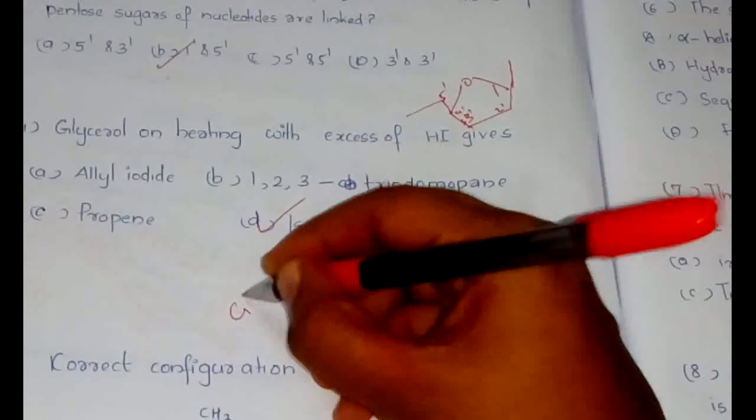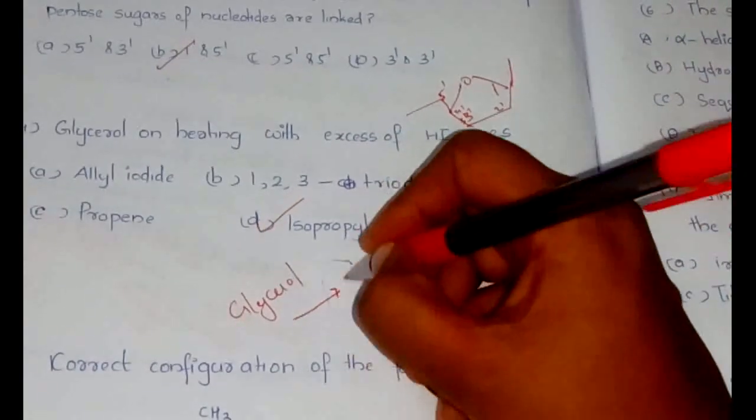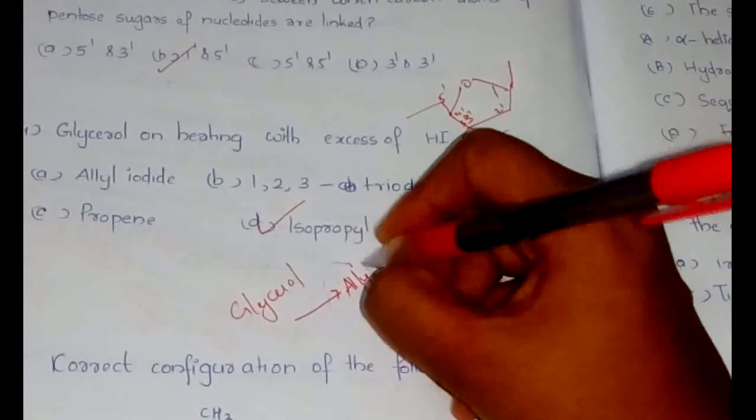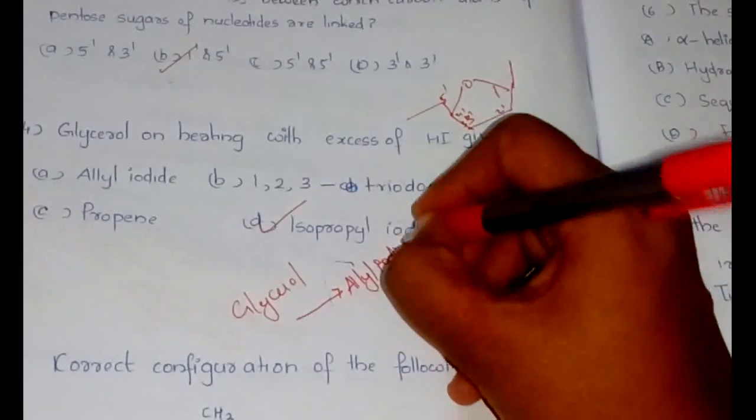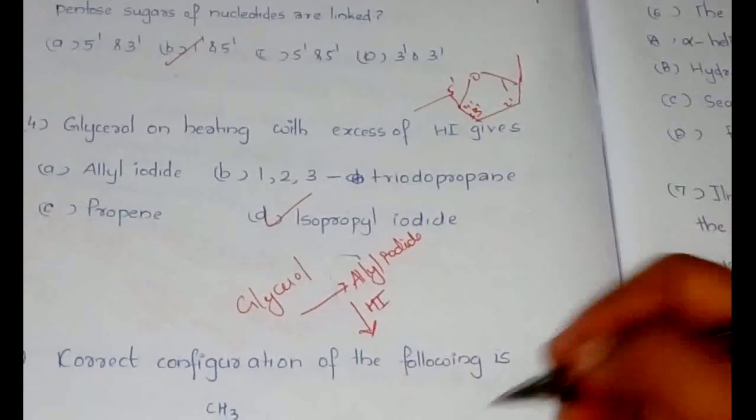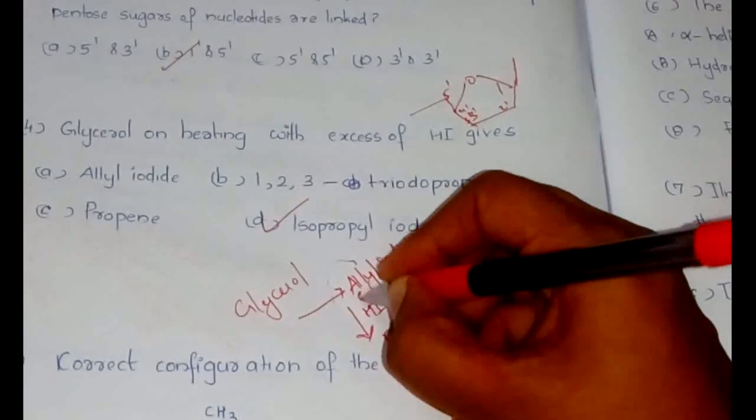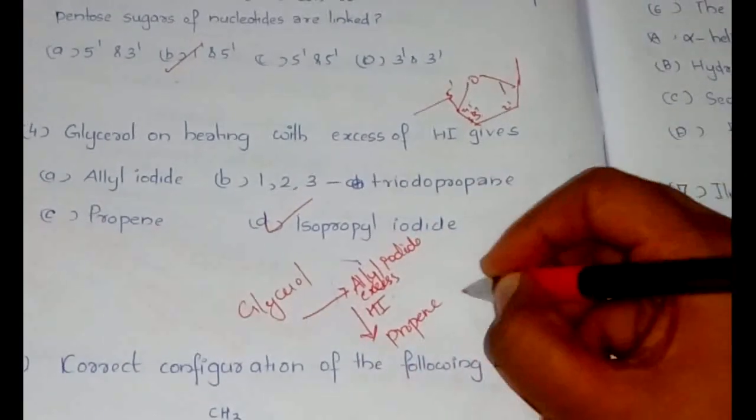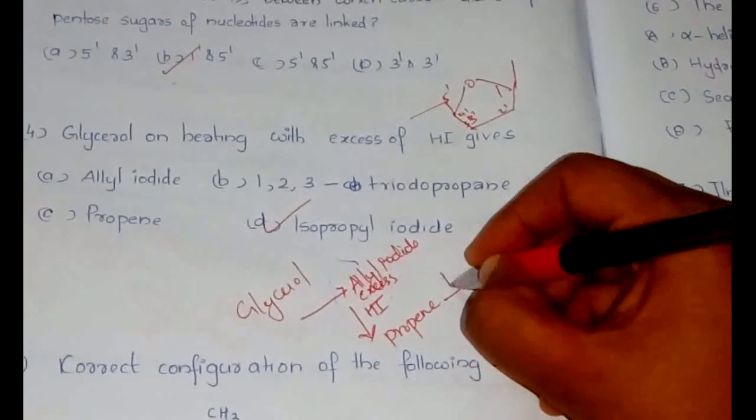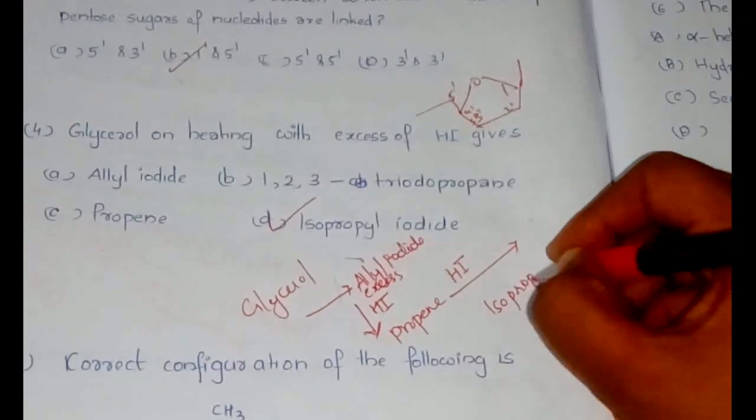Glycerol in normal circumstances with HI will give allyl iodide. Allyl iodide would be formed. This allyl iodide, again, if there is excess HI, what would happen? Propene would be formed if there is excess HI. But even more, again, if HI is present, it will be forming isopropyl